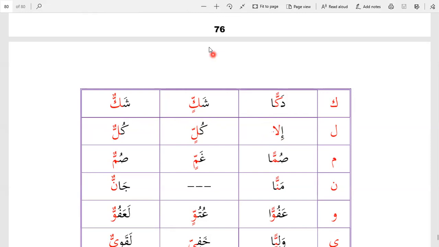Here I messed up. Let's see if I can fix it for now. So this is going to be, we're going to see Shaddah, right? And double fatha, right? So this is really